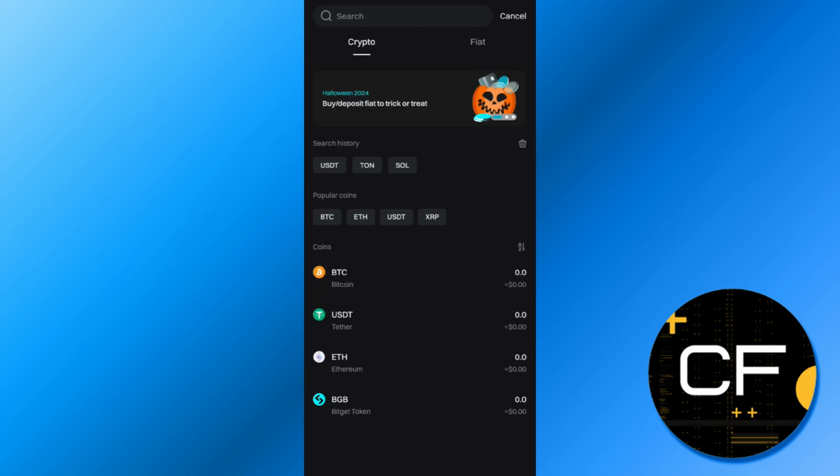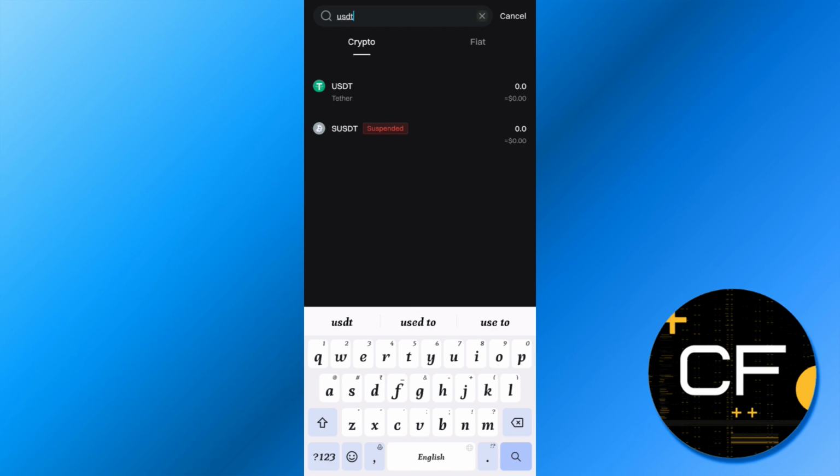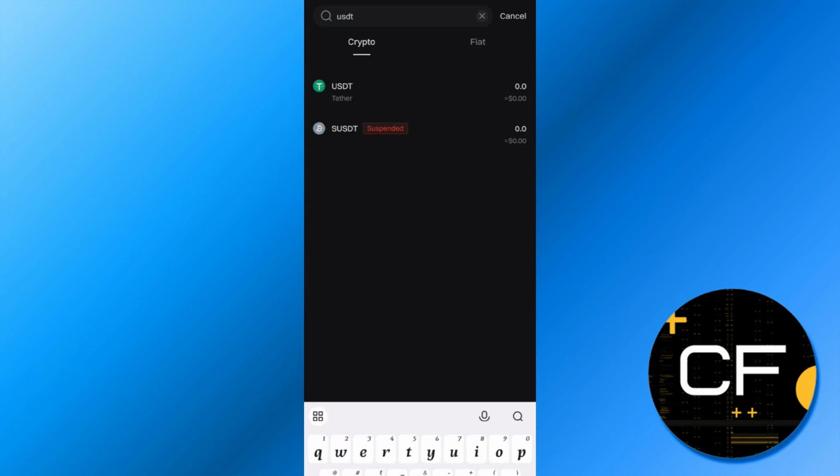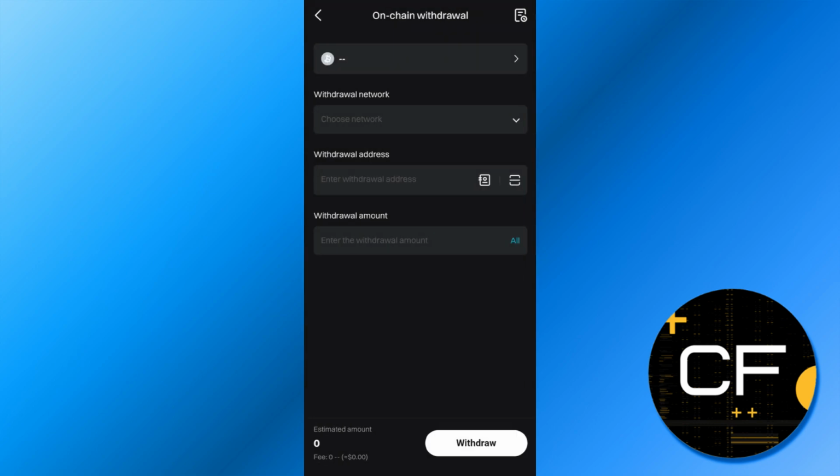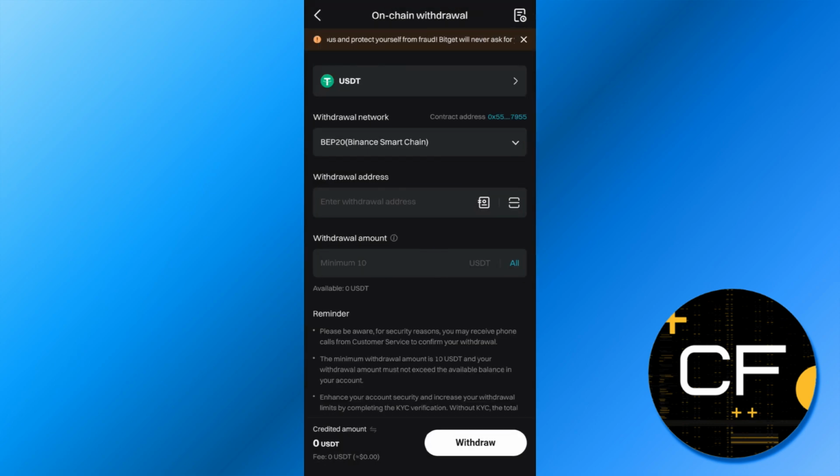Now, since we want to transfer USDT, you need to use the search bar in the top and search for USDT. Once you are able to find USDT, that would be Tether USDT, you need to tap on it. Then select the on-chain withdrawal network. After that, you will be landed on the on-chain withdrawal page where you just have to simply select the withdrawal